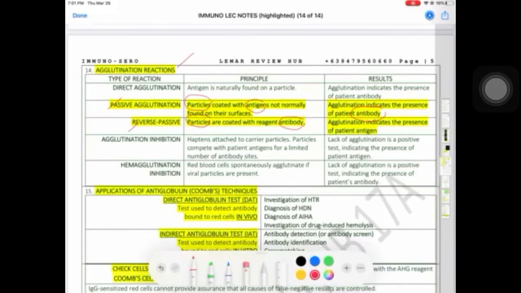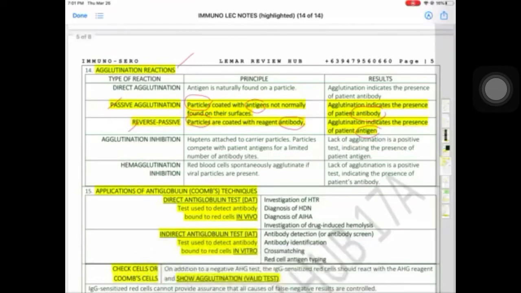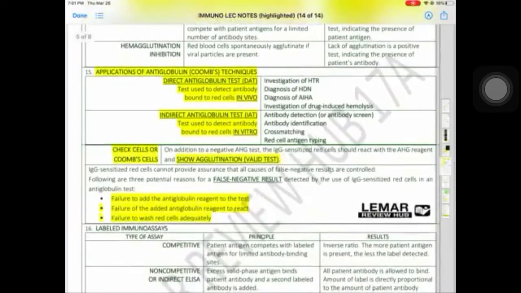Pag sinabing reverse passive, yung carrier nakakoat with an antibody. Therefore, anong dinidetect ng reverse passive agglutination? Antigen. Inuulit ko po, pag passive, anong nakakoat sa carrier? Antigen. Pag reverse passive, anong nakakoat sa carrier particle? Antibody. So, under agglutination, be sure ma-differentiate natin ang passive,